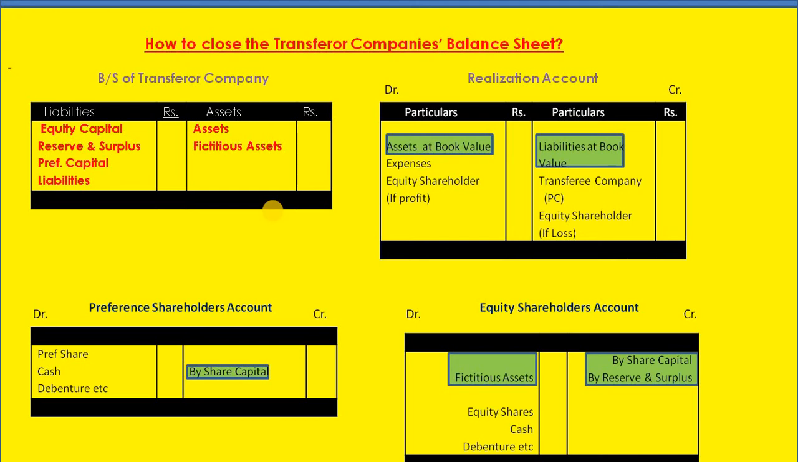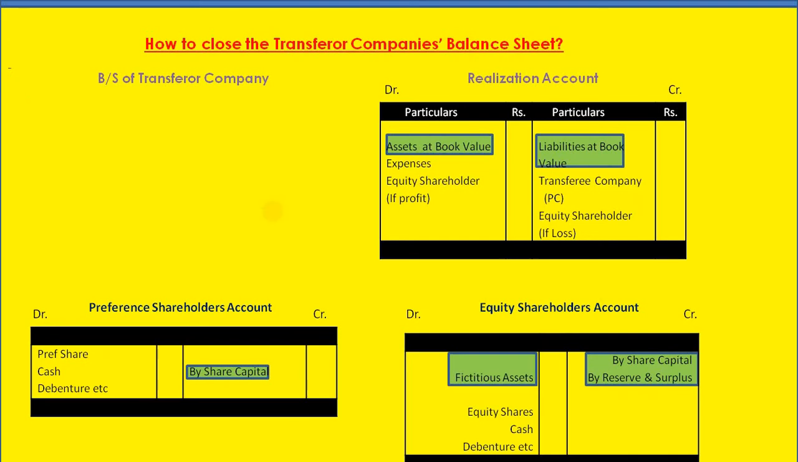After this, we are left with various ledger accounts, right? Then we will study how to close down these ledger accounts as well. And once these ledger accounts are closed, then our job of closing down transferor companies will be over. Okay. First, now after passing these components to various ledger accounts, balance sheet will disappear because nothing is left in